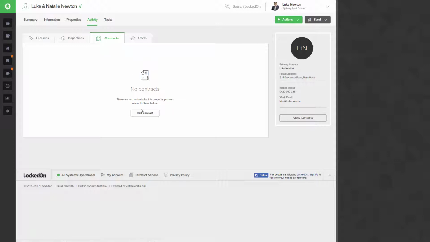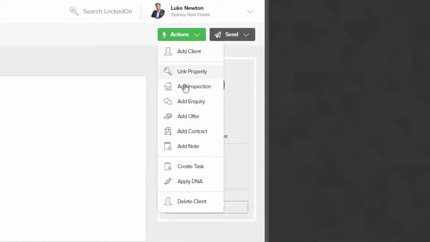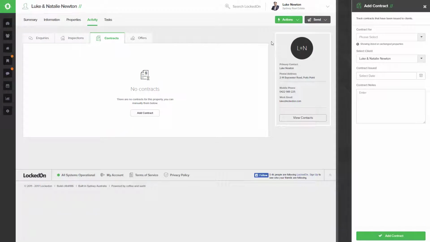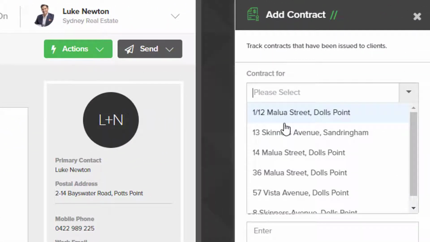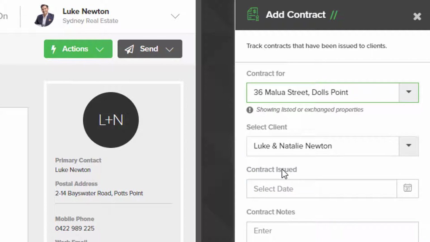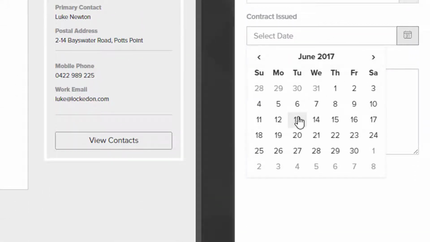So what we're now going to do is hit the Add Contract option, or if you've already got contracts added, you'll be able to go to the Action and select the Add Contract option. Now on the right hand side of the screen, we need to select the property that this is for. We can see that it's got our client selected,